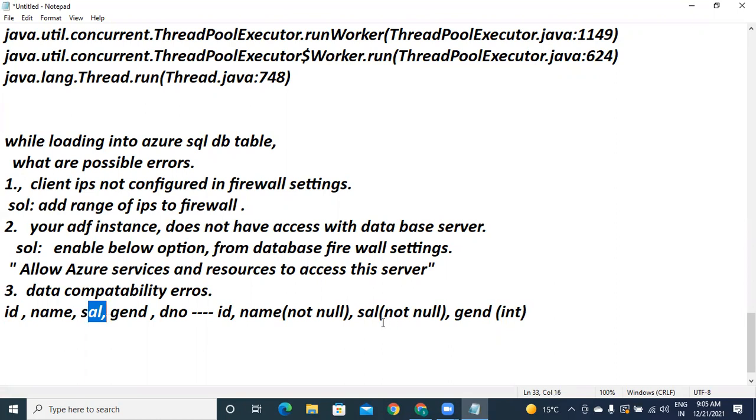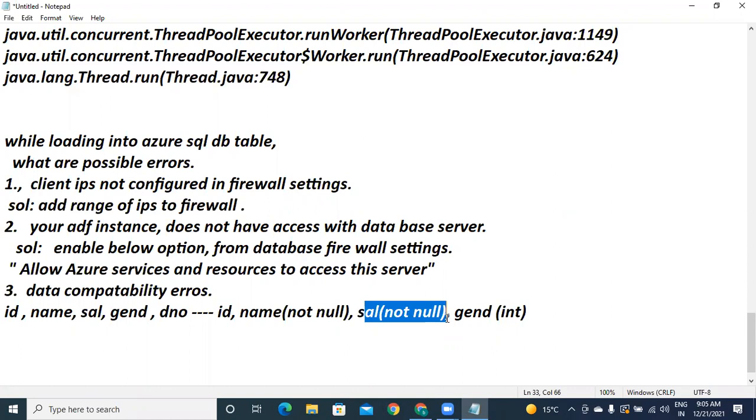But here, salary is configured as NOT NULL at the database level. Whenever you get such kinds of errors, you have to verify the complete schema, column names, data types, and also constraints. What are the constraints? Constraints like primary key, foreign key.